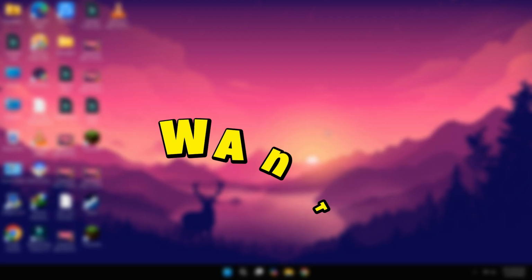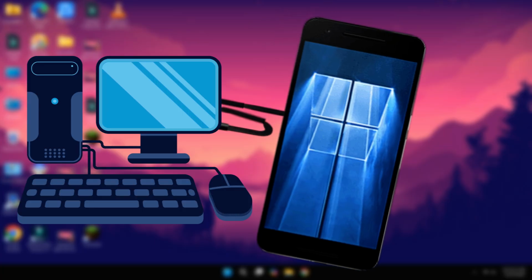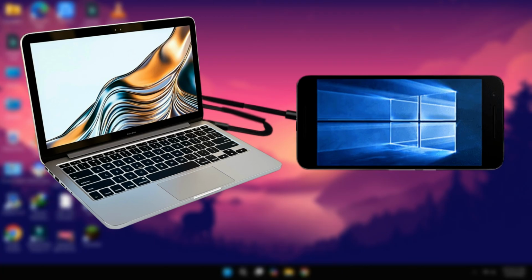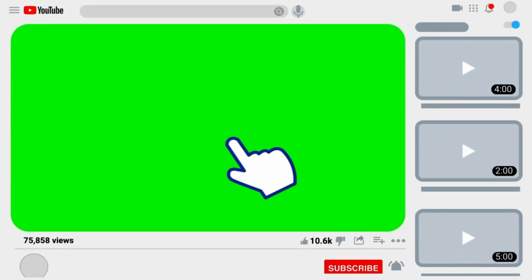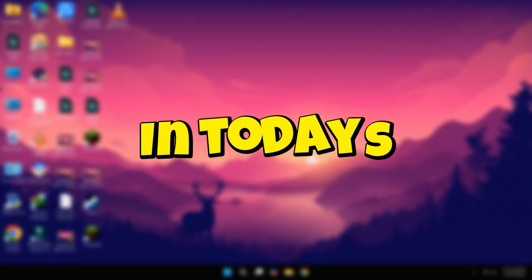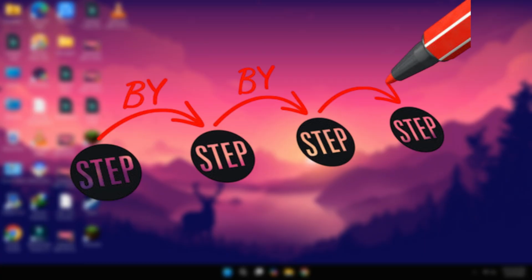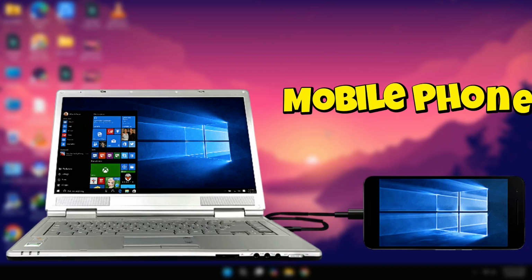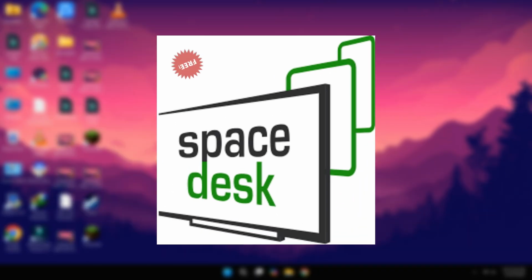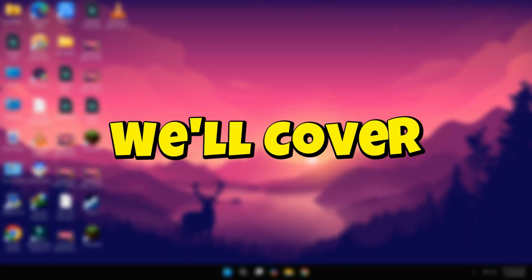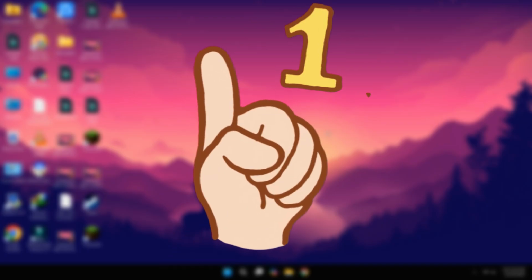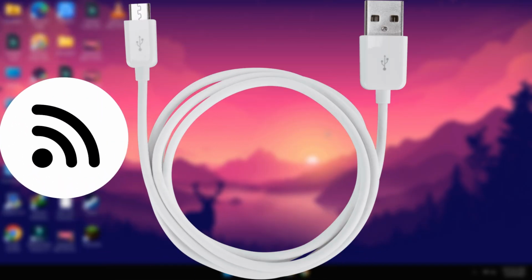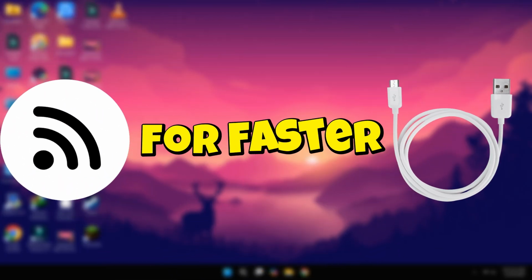If you have ever wanted to use your mobile phone as a second display for your PC or laptop, then you have clicked on the perfect video. In today's tutorial, I'll show you step by step how you can mirror or extend your PC screen to your mobile using a free software called Spacedesk. We'll cover two easy methods, one using Wi-Fi and the other using a USB data cable for faster and more